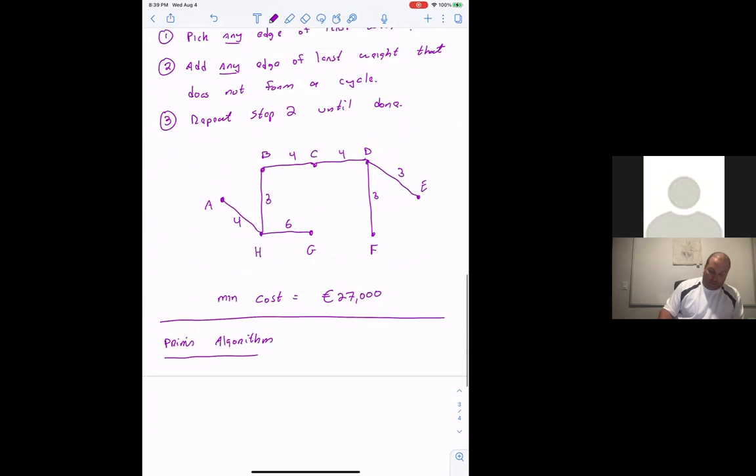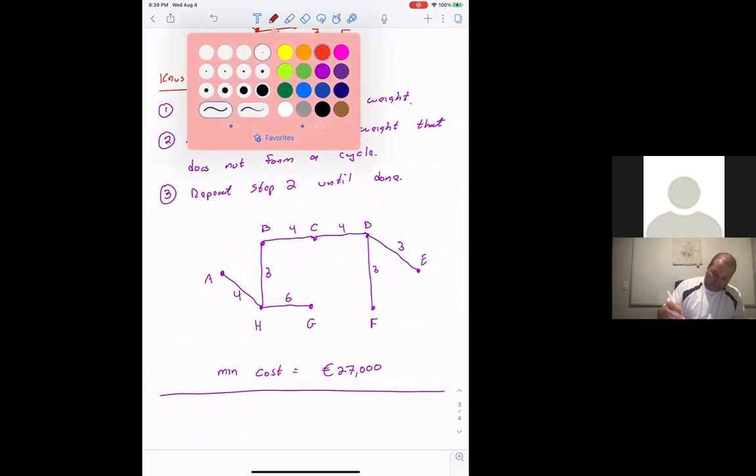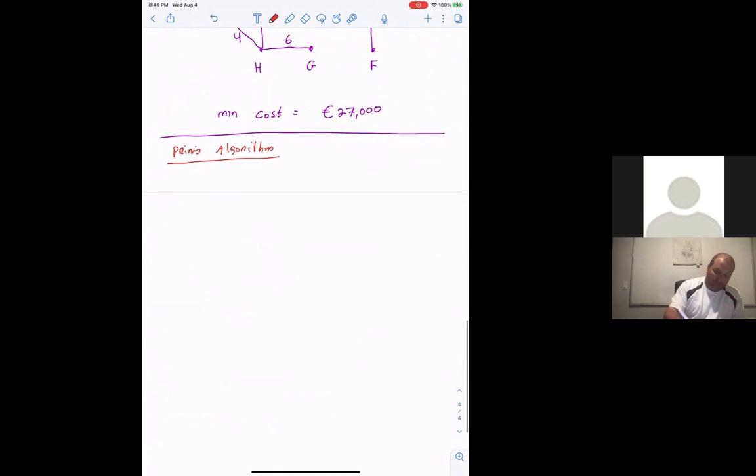Now, if you go back to Kruskal's algorithm, oh, I want to do it in red. OCD time, red, Prim's algorithm. If you look at Kruskal's algorithm, it's all about edges. Pick an edge, add an edge, add edges, edges, edges. You keep adding edges. Prim's algorithm, step 1, pick any vertex,